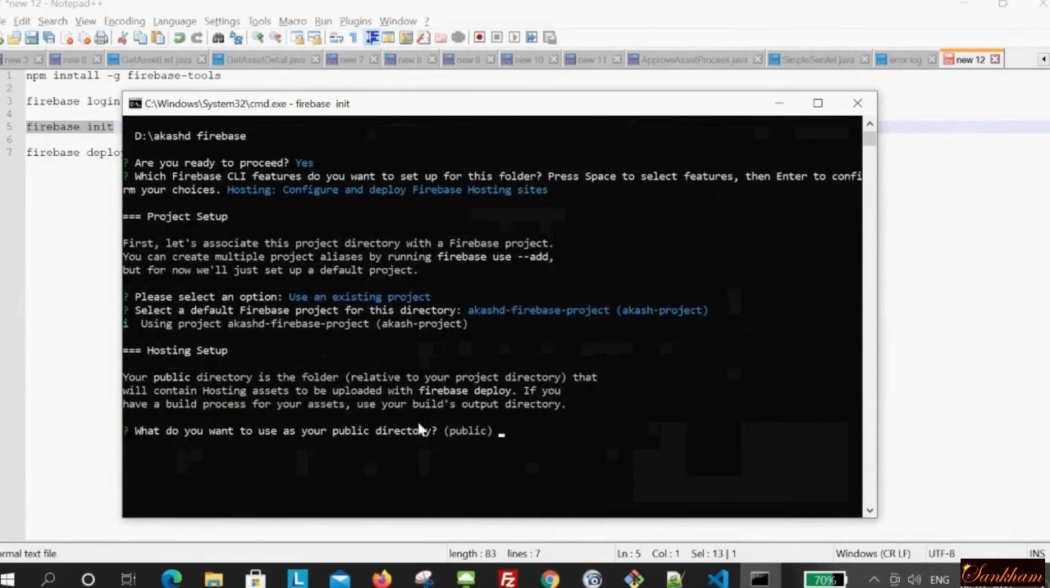What do you want to use as your public repository? So what that means is, you are doing the development in one folder, which is where you created the index.html. But do you want to do the deployment also from the same folder? That is the question. If you type public, it will create a